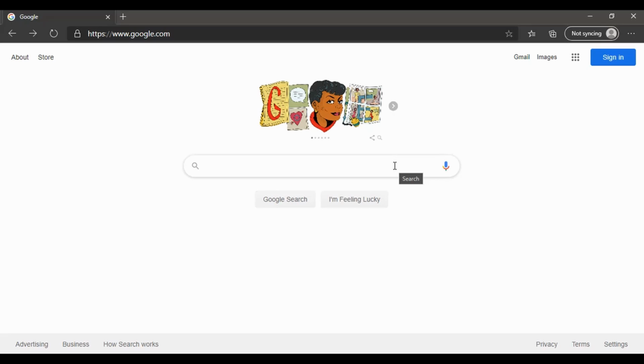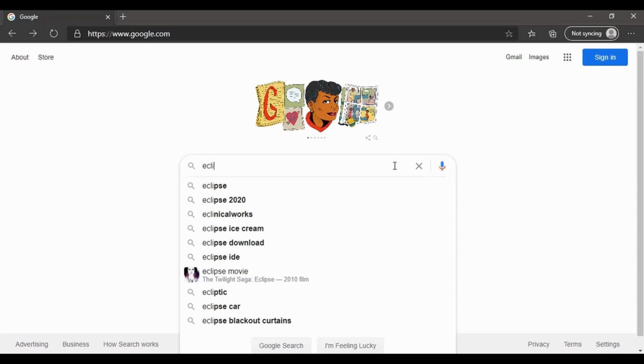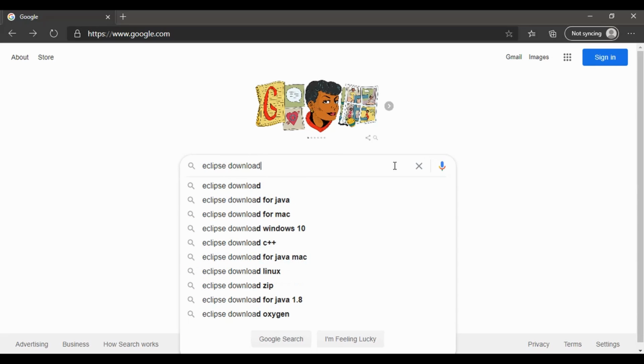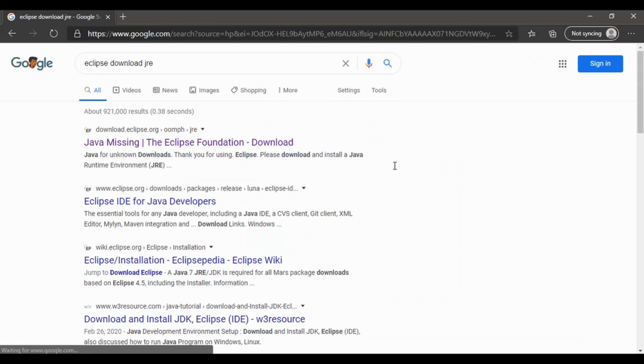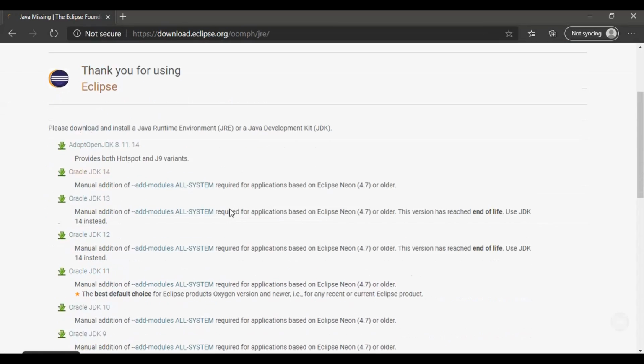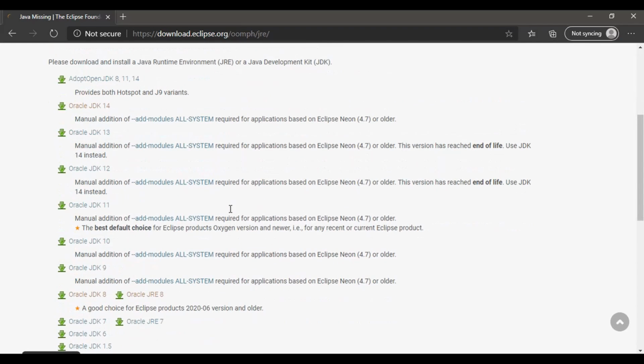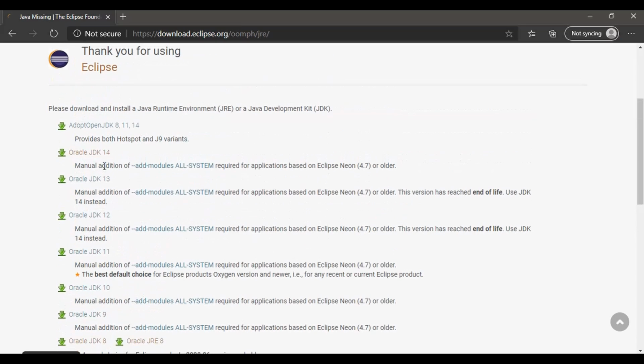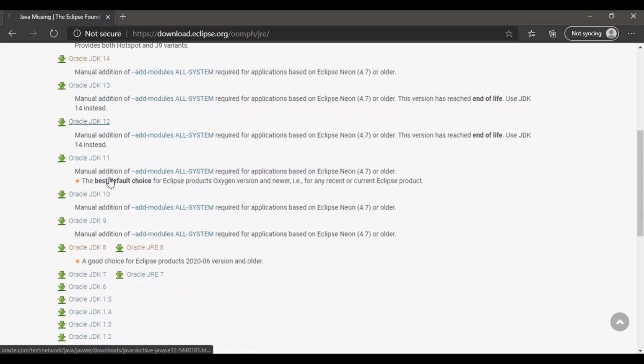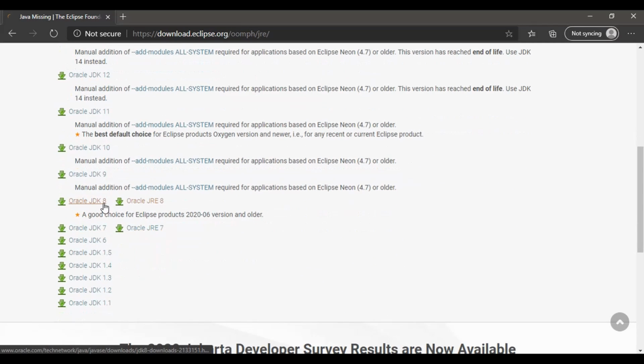So type in Eclipse download JRE, and you can click on this link right here, and you see a bunch of different JDK versions. The latest is obviously 14, and then one of the oldest is JDK 8. I chose JDK 8 because it's still compatible with the Eclipse 2020 version. So you click on that,